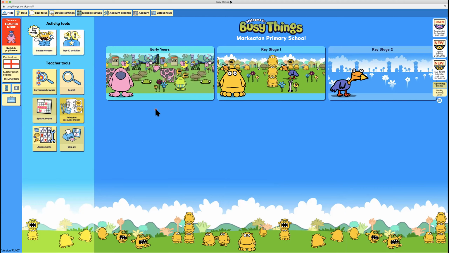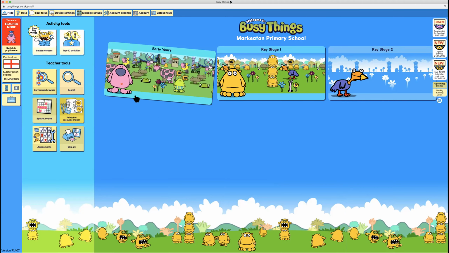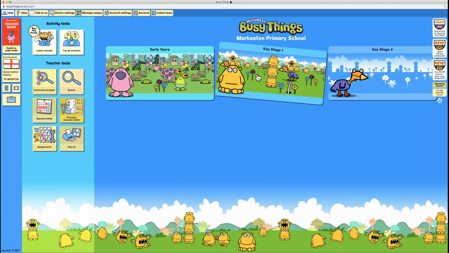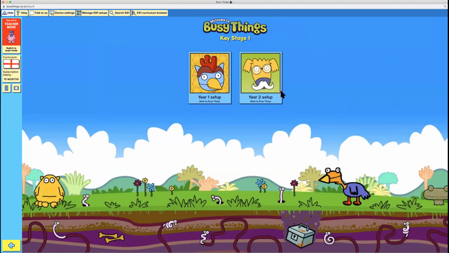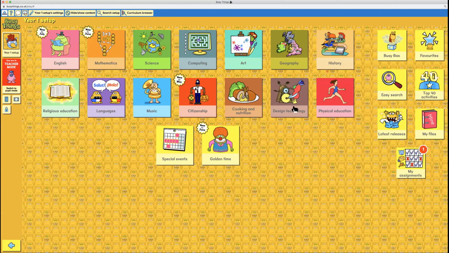Okay, so when you first subscribe to Busy Things, all the content sits behind these age bands here. There's over 1,000 activities. If I look in the Key Stage 1 you can see that we've got what we call setups, and we've made you one for year 1 and one for year 2. And every setup comes with all the subject areas, which are the multicolored buttons, and these yellow areas here, some of which we're going to be looking at today,